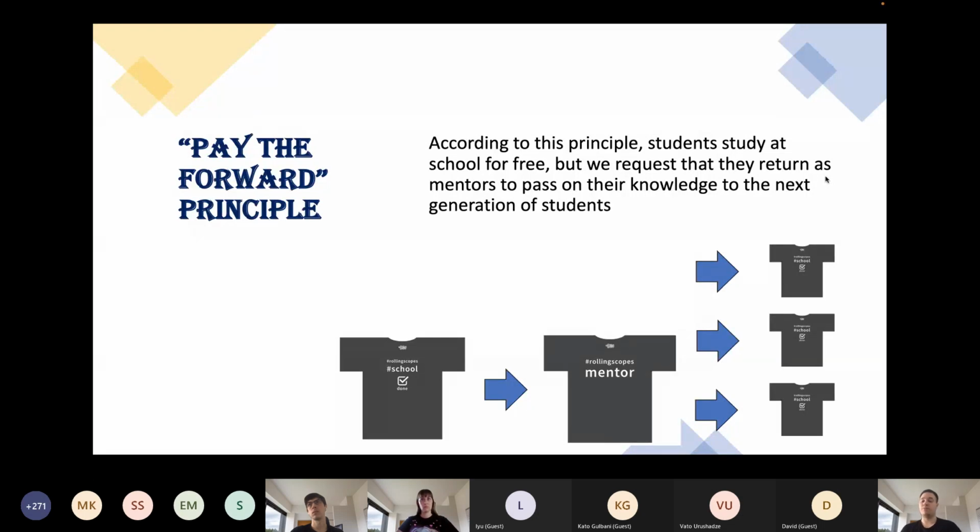So we grow the current generation of students, and this generation will join the community as trainers to help us educate the next generation of students. And I guess that's amazing.